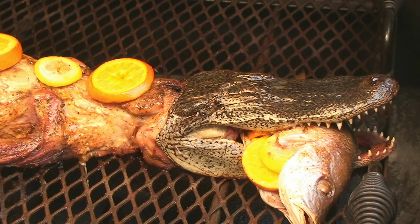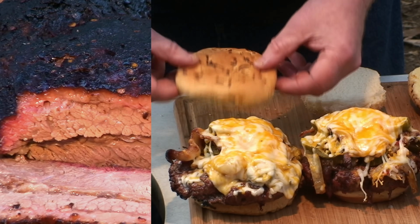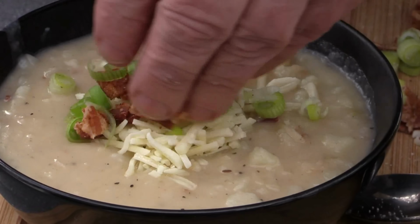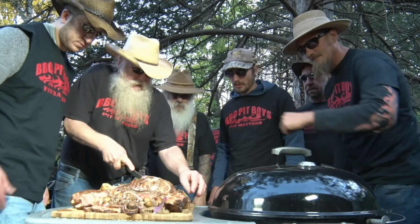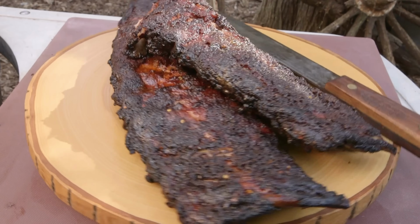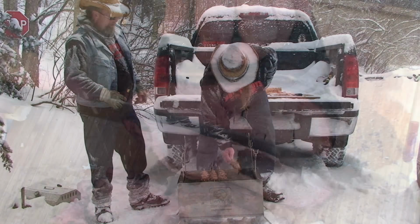Brisket. I got my barbecue shoes on. Gonna smoke me a fat brisket. I got my barbecue shoes on. I got my natural case. I got the hogs on the